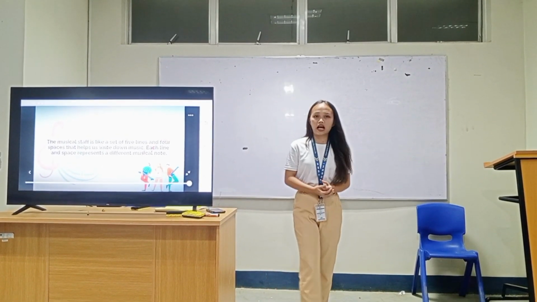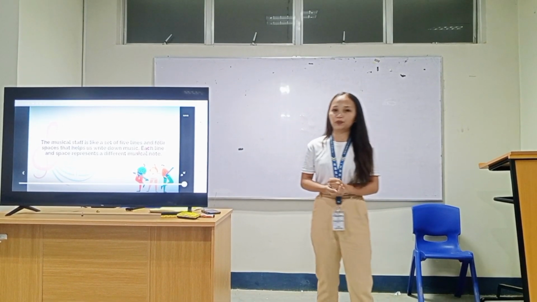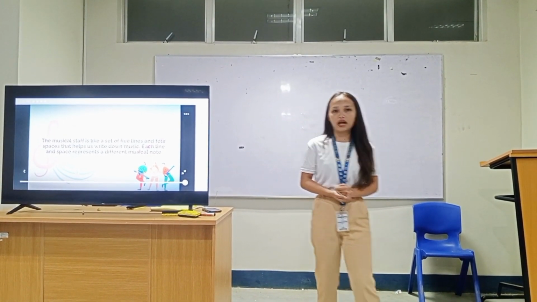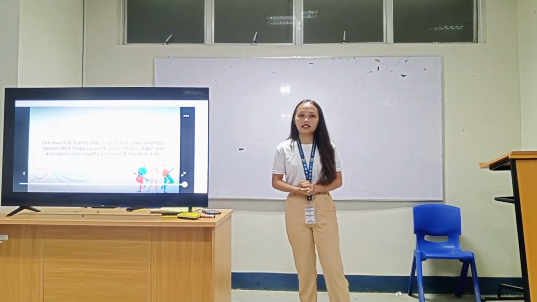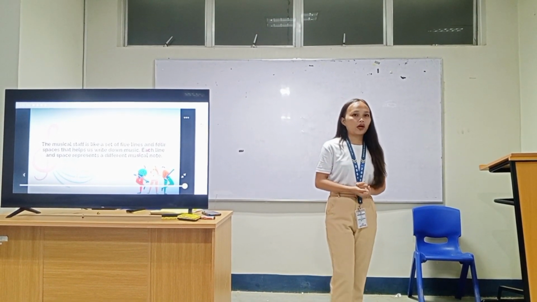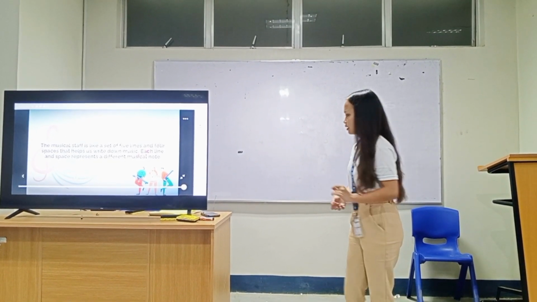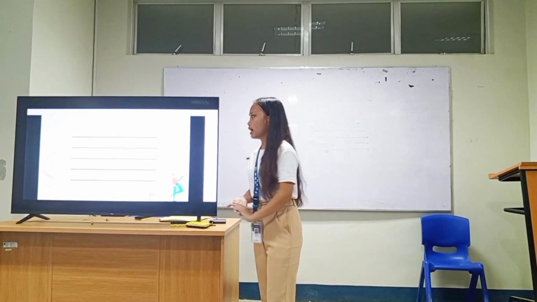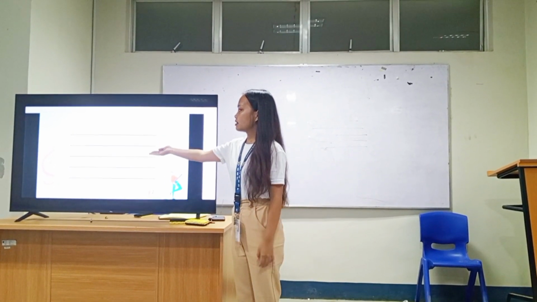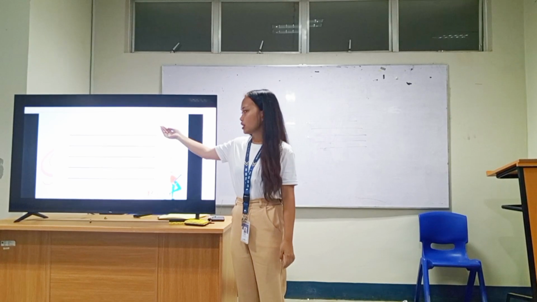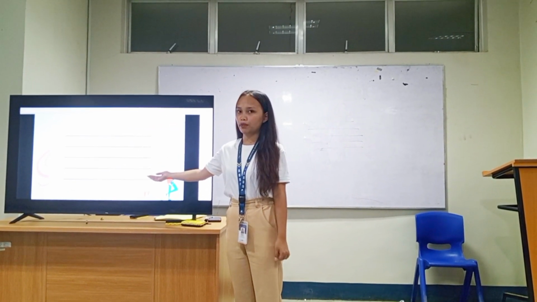So the musical staff is very important for musicians to easily interpret, read, and write music. The musical staff is also where notes, or musical notes, live. In the musical staff, it has 5 lines, and the top lines represent higher pitch. And the lower lines of the musical staff represent lower pitch.